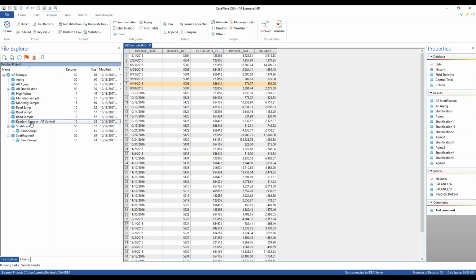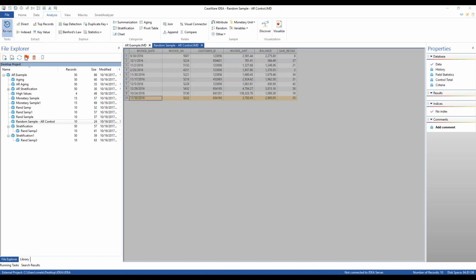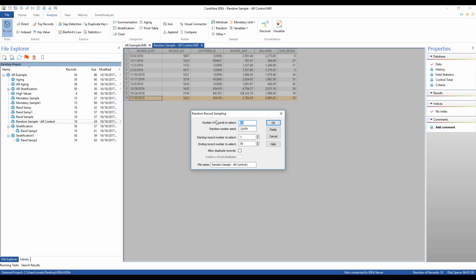So if we go back here, to our random sample that we initially pulled, you can see there are the 10 items that we pulled way back at the beginning of the session. IDEA has this task in the top left that's a rerun task. So anytime you have an item, you're like, oh, I made a mistake, or I want to pull more, or I want to do something else with what I did, you can always rerun the task, and it'll default to not only showing you exactly what you selected, so you can see we initially pulled 10 items,